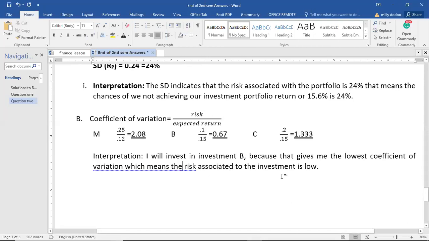So you select investment B because it gives you the lowest coefficient of variation, and that means that the risk associated with this particular investment is very low. Are you getting the scenario? All things being equal, every